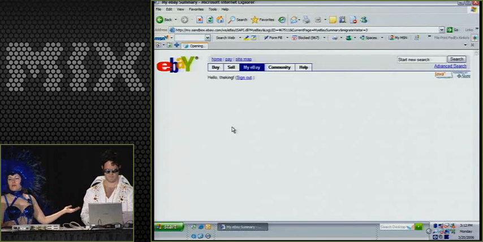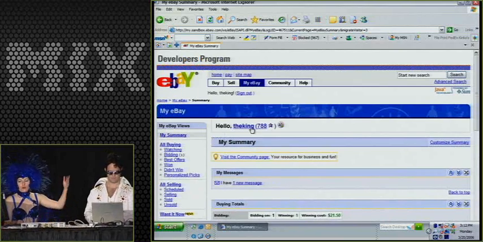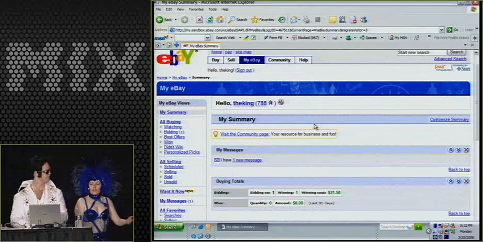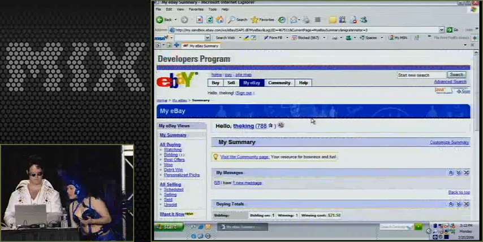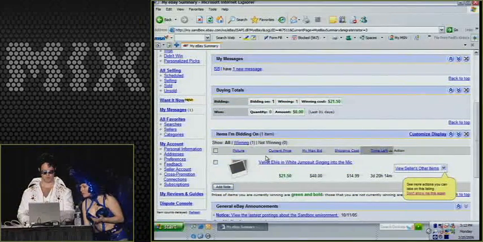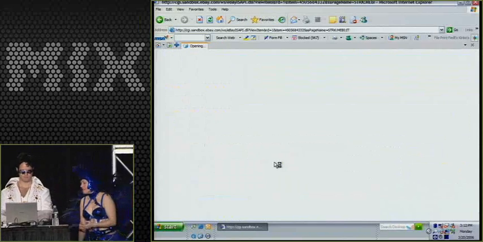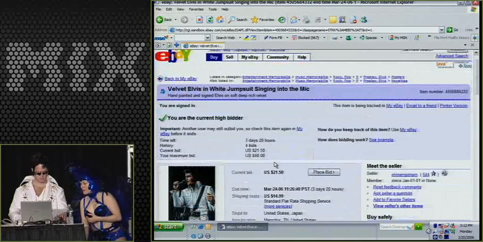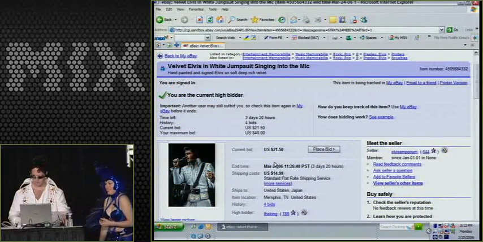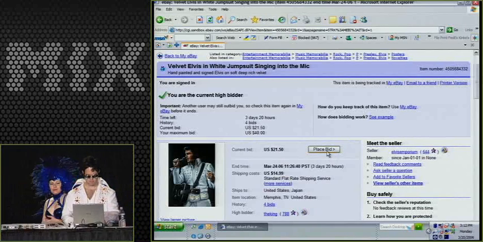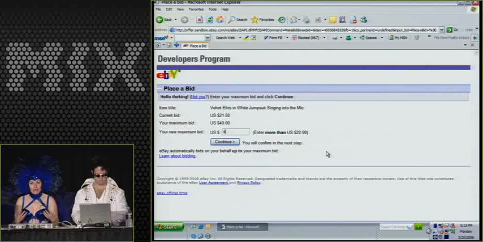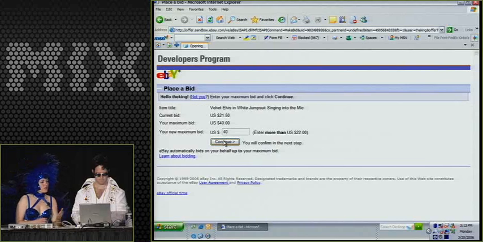So what we're doing is the eBay site has a great feature called My eBay, where the king is able to keep track of all of the things that he's bidding on and all of the items that he's watching. So how are you doing right now? You're winning your items, but just to make sure that he's really winning them, he can add a higher maximum bid for this Velvet Elvis painting. That's beautiful. So while he's making another higher maximum bid to make sure that no matter what I bid against him, he will not be outbid. So by increasing his maximum bid,